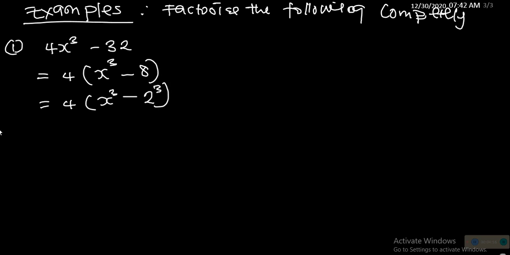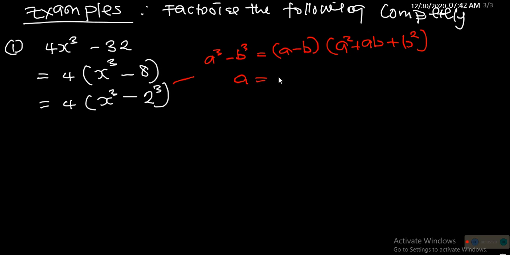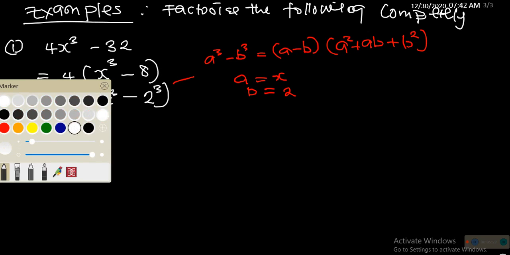Okay, if you take a close look at this, you will see that this is a difference of 2 cubes. Okay, the difference of 2 cubes says we have a cube minus b cube. The expansion will be (a minus b) into (a squared plus ab plus b squared). Okay, so taking a to be x and b to be 2, we can substitute that into this formula, and then we have